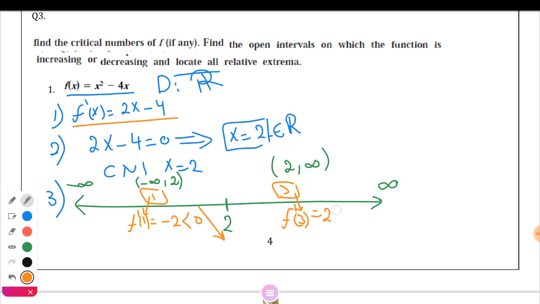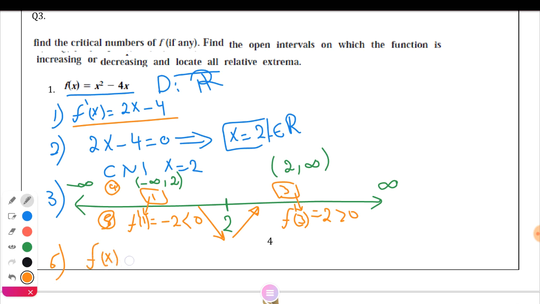It is greater than 0, so the function is increasing. I think up to now it's so easy. So this I'll call the fourth step, okay? Fifth step, substitute the test value in the derivative. Sixth step here,